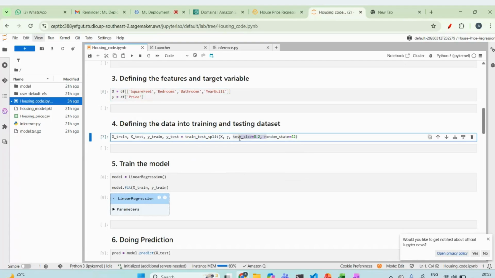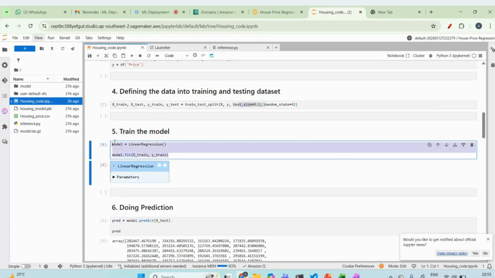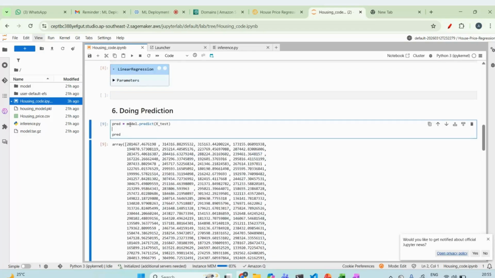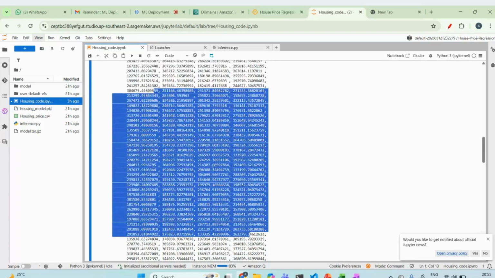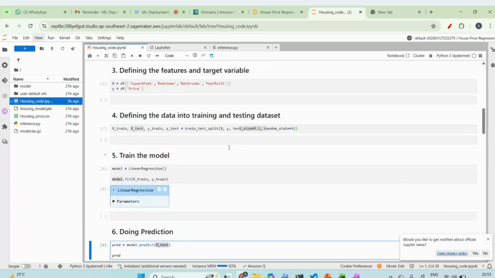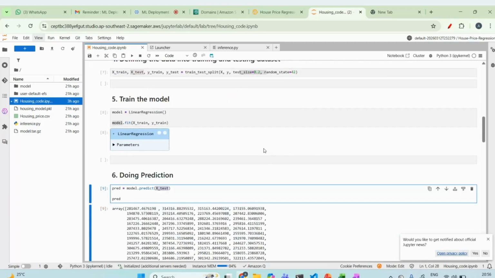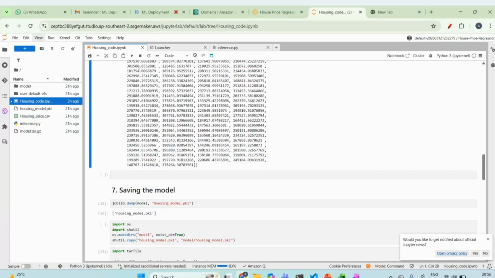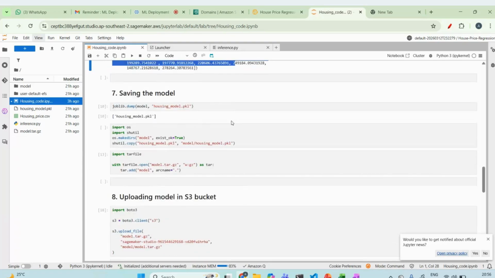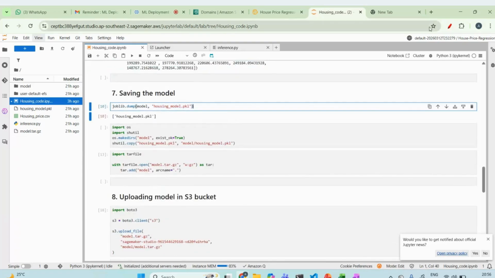Okay, and here we are training the model using linear regression. So this is the model which we have created, right? And we are just doing some basic validations by checking the predictions with model dot predict. These are the predictions for the testing data set. Testing in the sense 20% of those 1,000 observations, which is approximately 200. So for those 200 rows, these are the predictions. Now this is the important part, right? So here what we are doing now, the model which we have created,